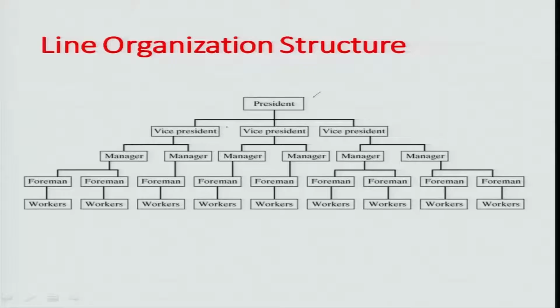There is a president, there are various vice presidents. For example, one could be marketing, one could be finance, one could be the HR. These are the different organizational aspects associated with any organization. There can be managers reporting to each vice president, and there can be foremen reporting to the manager, and finally workers to the foreman. So, as you go along, there is a top down approach and there is a line manner. So, this worker really will not ever meet even the president.